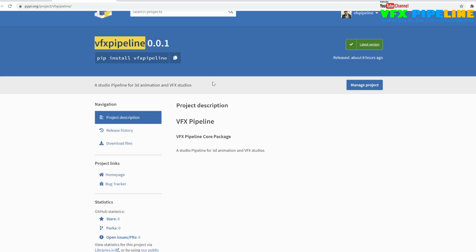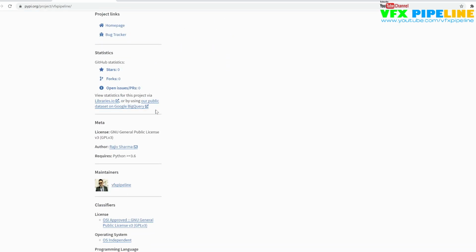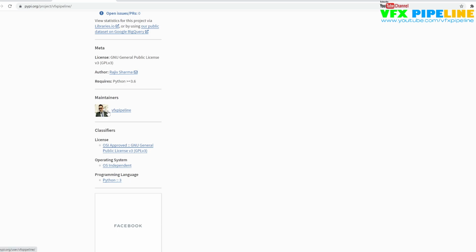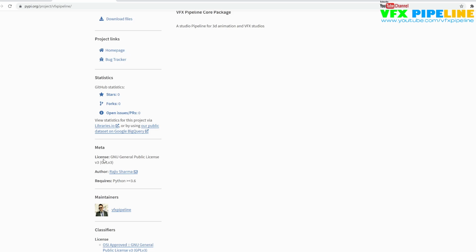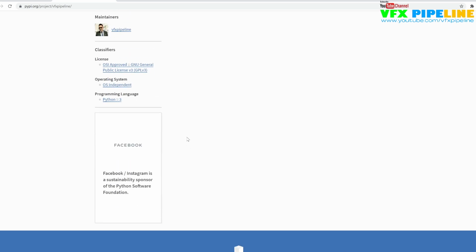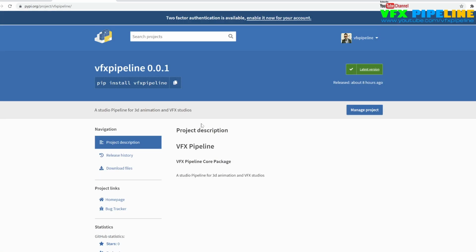In future you can also use the core library, which I often use for all my open source projects. I will add it here, but this is for the learning process. Here you can see that pip install VFX Pipeline will install this package for you, and it will also show you information like who uploaded it, the author information, the license information, so many interesting things, right?